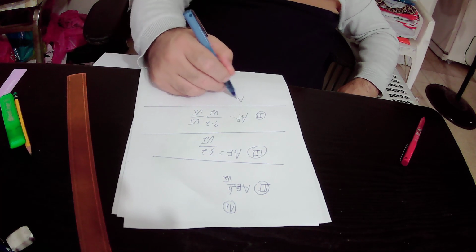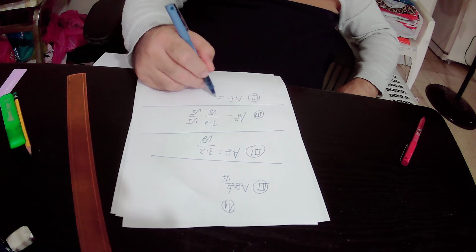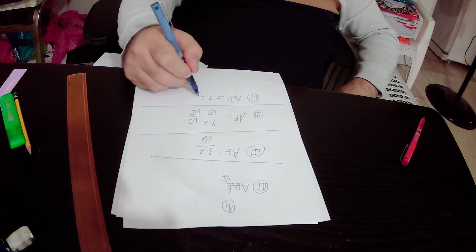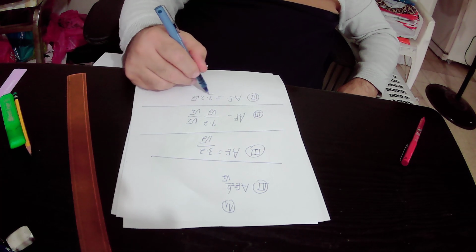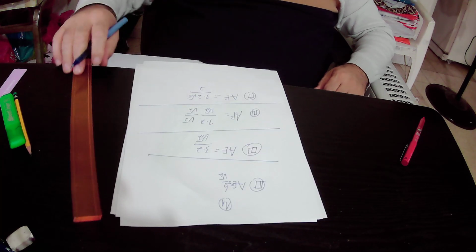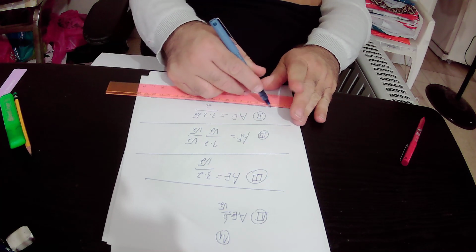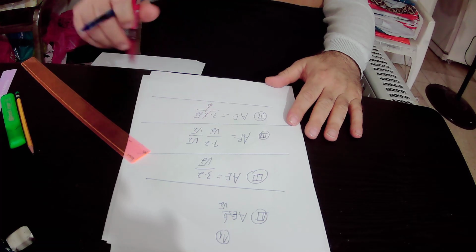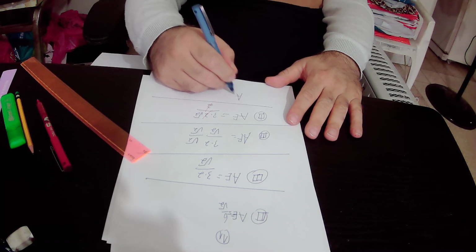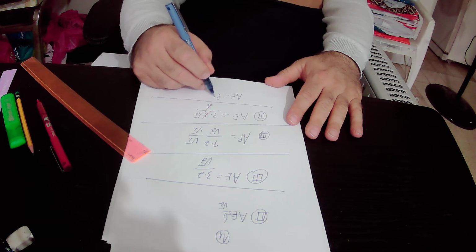So AE equals 3 times 2 times square root of 2, and in the denominator we have 2. So 2 over 2 is 1, so the 2 will get cancelled. And we found out that AE equals 3 times root 2 units,